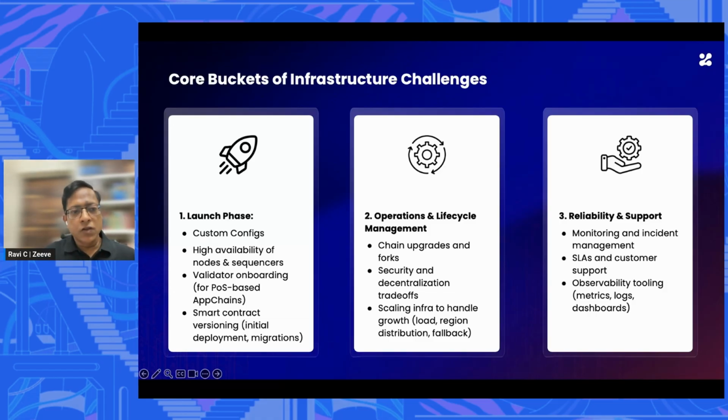First is the launch phase, where you need to understand what kind of custom configurations you require depending on your use case. If it's a DeFi use case, you may require high throughput. If it's an enterprise use case in the financial services space, or let's say in healthcare, you may require strict data compliance. Or if it's a payment use case, you need very high throughput and scalability, because infrastructure demand can go up and down anytime.